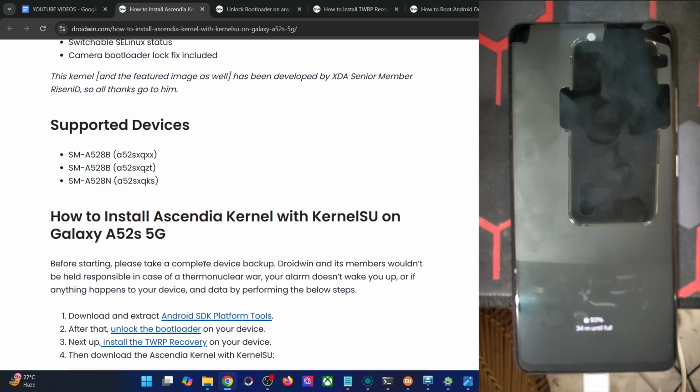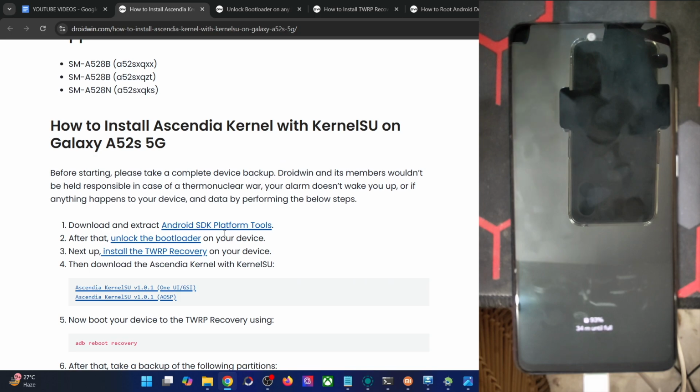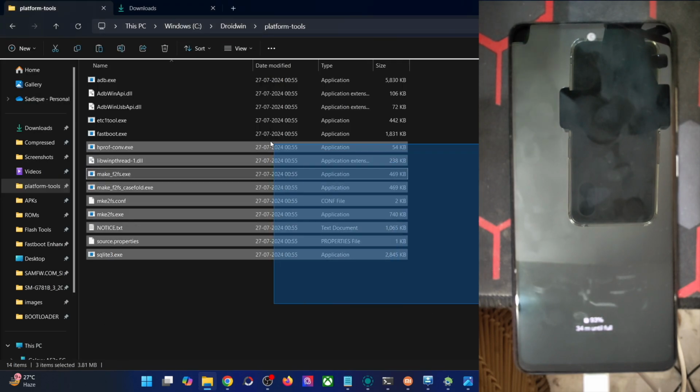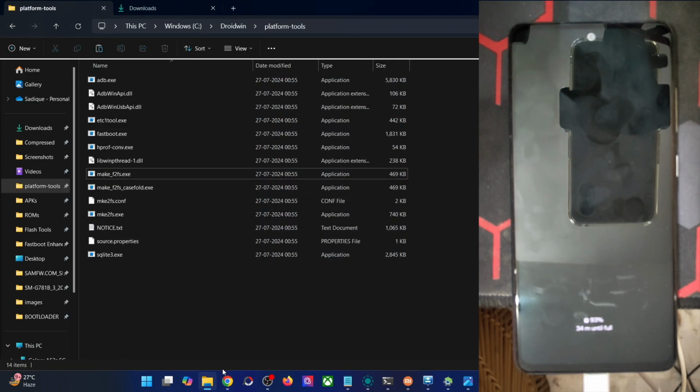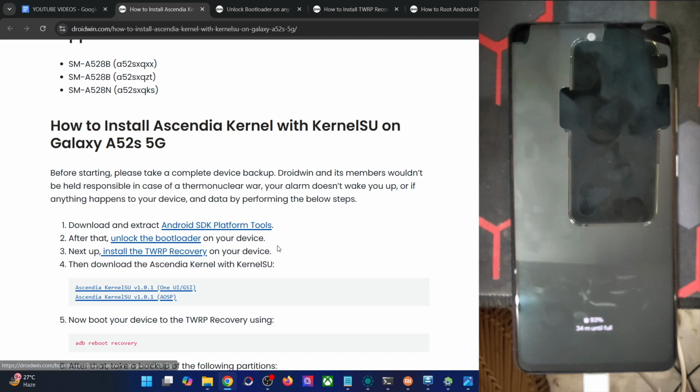First and foremost, you will have to get hold of the latest Android SDK platform tools. So get it from my guide and extract them onto your PC. You may extract them anywhere you want. In my case, I've done so in C drive, and these are the files for platform tools. Once you have done the extraction, you will now have to enable USB debugging and OEM unlocking as well and